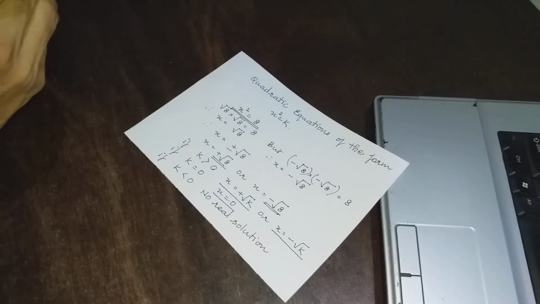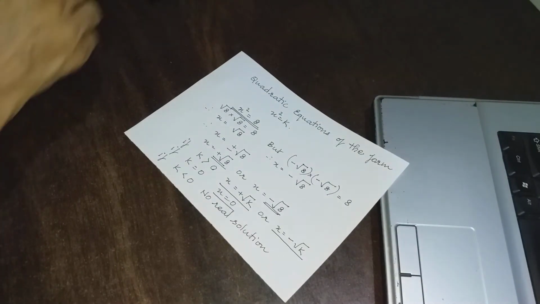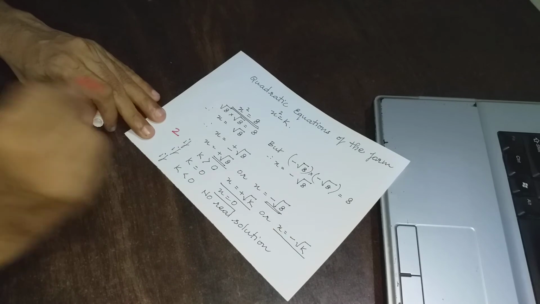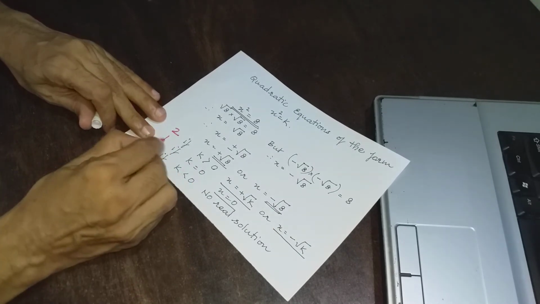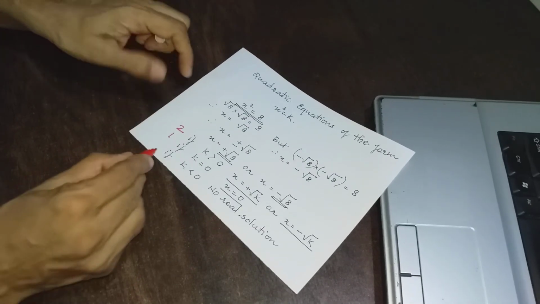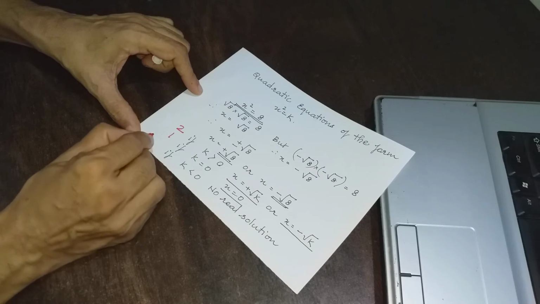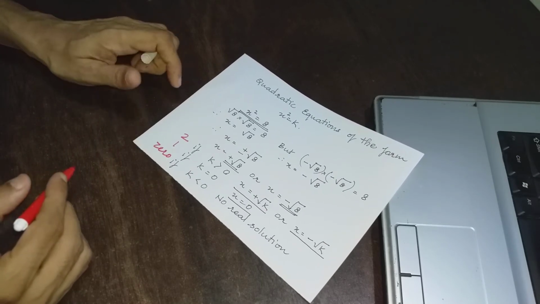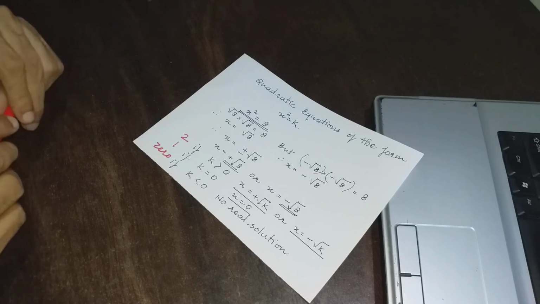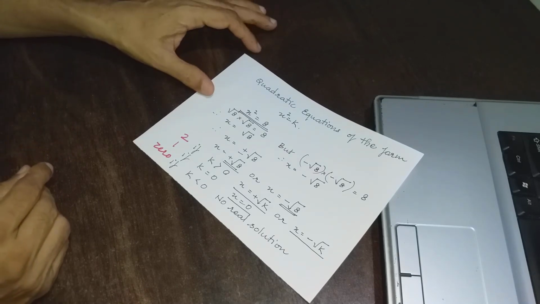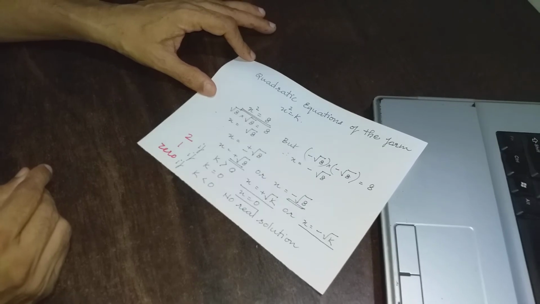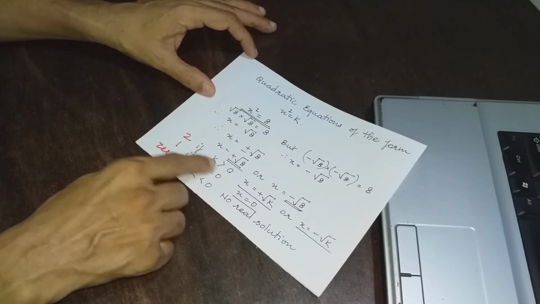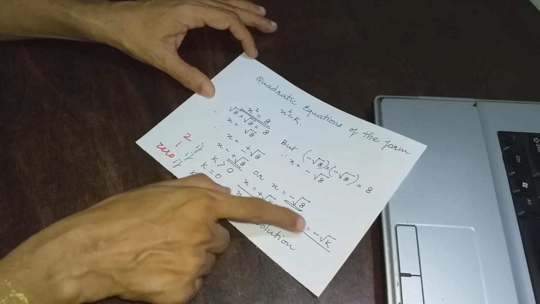This means if k is more than 0, it has given us two solutions. If k is equal to 0, it has given us one solution, and if k is less than 0, it has given us 0 solutions. That is what we have promised. A quadratic equation in the form x square equal to k may give us 2, 1 or 0 solutions. If k is more than 0, it will give us two solutions, plus root k and minus root k.